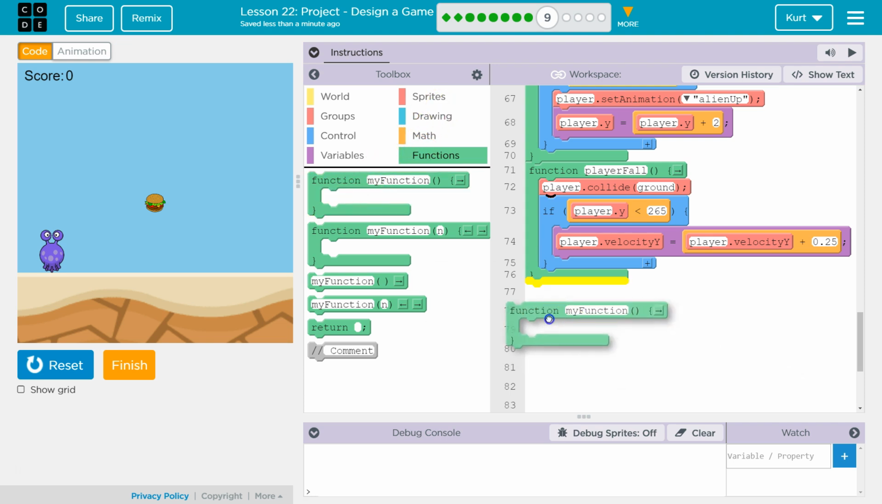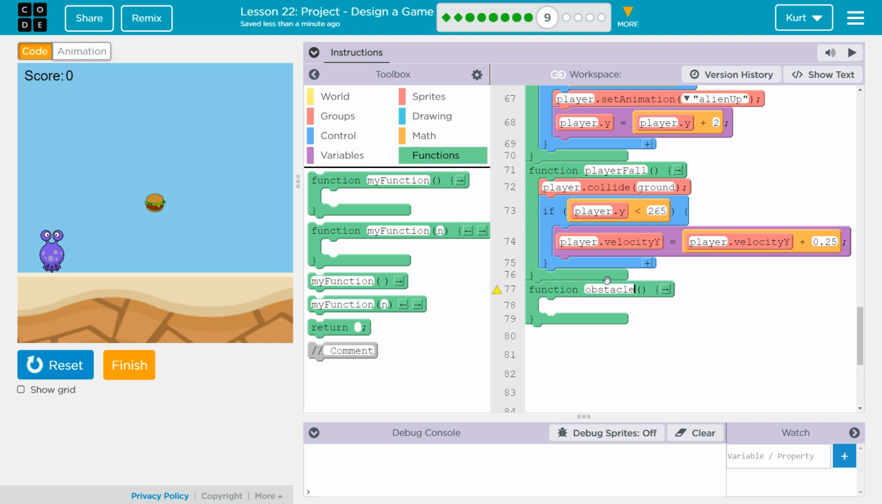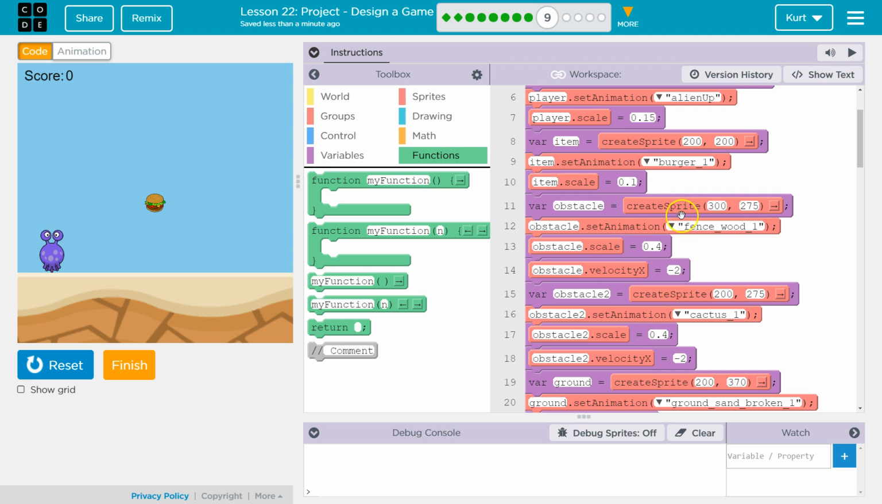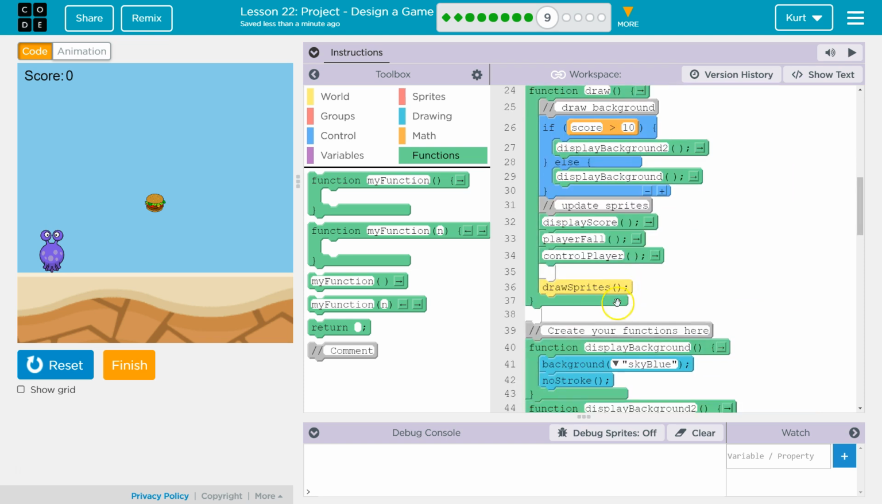So, obstacle items loop. All right, items loop. And then in my items loop is going to be to respawn these guys. So I set the animation, I create the sprite. I'm going to now go sprites,